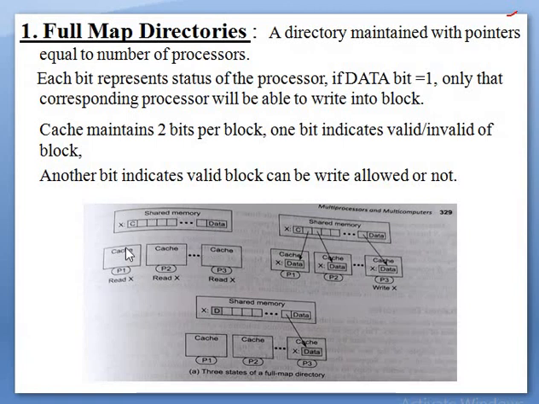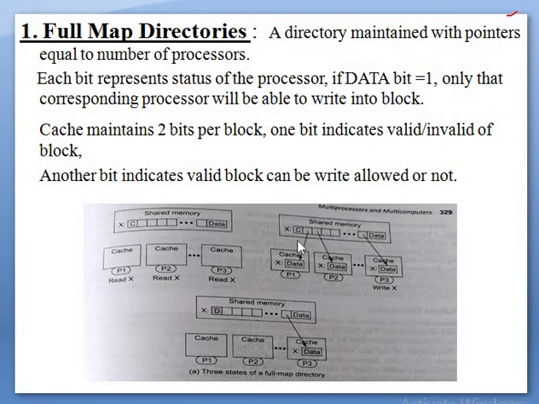So in the first diagram there is no mapping. That means, please understand, no processor, either P1 or P2 or P3, has yet requested any data present in the shared memory. That's why we don't have any connection between shared memory and the set of processors with their caches. Let's go to the second diagram.